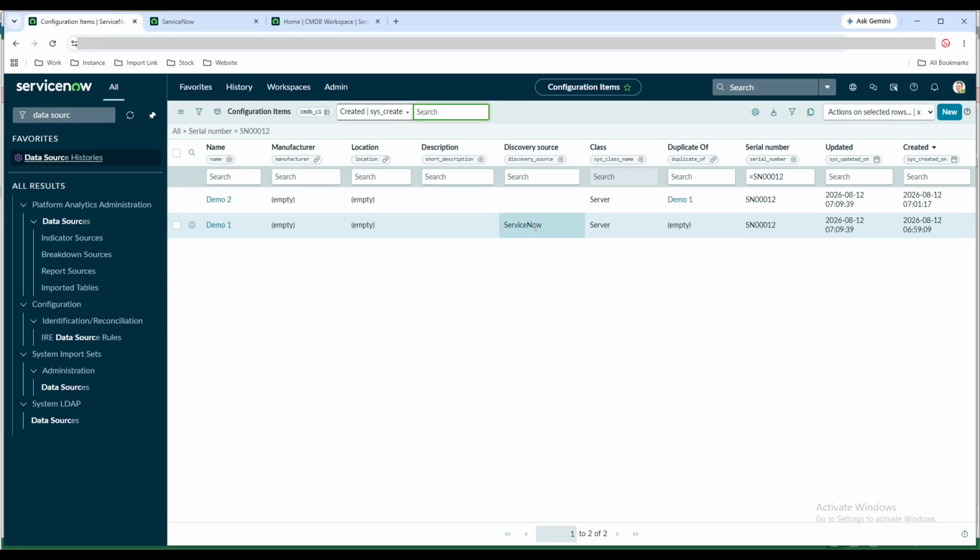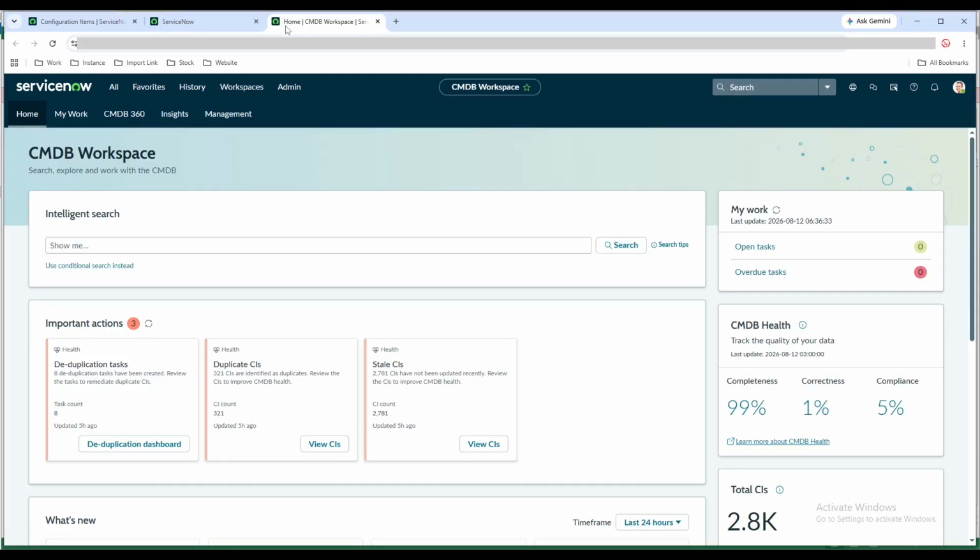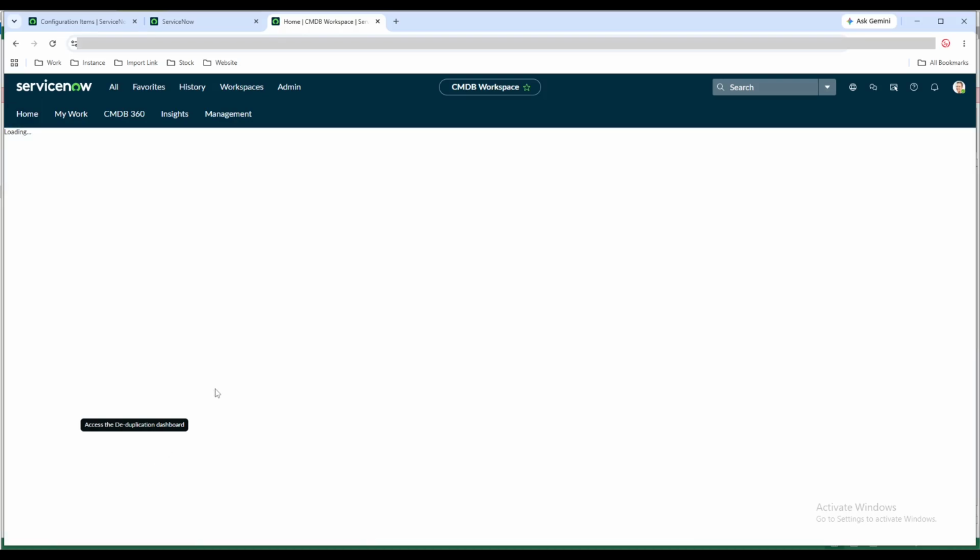So ServiceNow assumes that this is the oldest data, so it will pick this one, and here it updated the discovery source. This one is the duplicate data. The system identified it, and then what happened? It actually attached the duplicate of. Okay. And if I go back here and then click this deduplication dashboard,